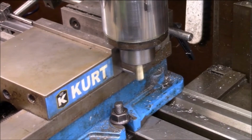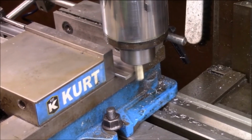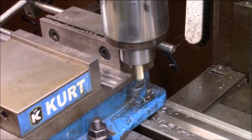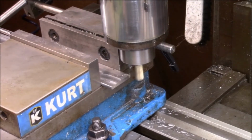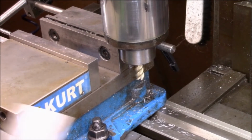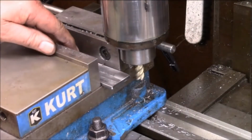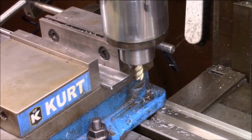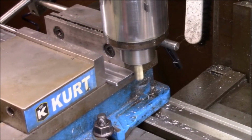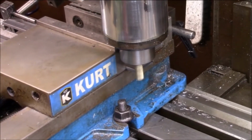That's a carbide end mill I picked up at the flea market. I think it's actually a metric, an 18 or 19 millimeter, 19 millimeter end mill. And kind of what we're doing here is just trying to get these ends trued up a little bit. Basically, I've got a stop set back here, and we're just going to run this mill right across them, fill them up. And if they're not the same, which is just what I was afraid of,